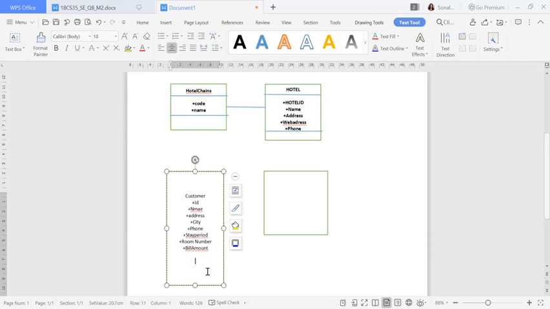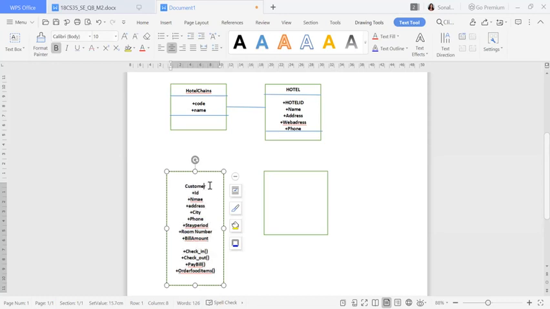Then what are the functions we can write? Check-in day. Okay, so you can make one more function as check underscore in as function name. Then one more you can add as checkout, right? Checkout function name. Then you can add one more as pay bill, because before leaving they should pay the bill, that is a function name. Then I will give one more, that is like if they have ordered any food, so order food items, that also you can keep as one function name. So all these things will be your functions. So I'll make it a little bigger size.